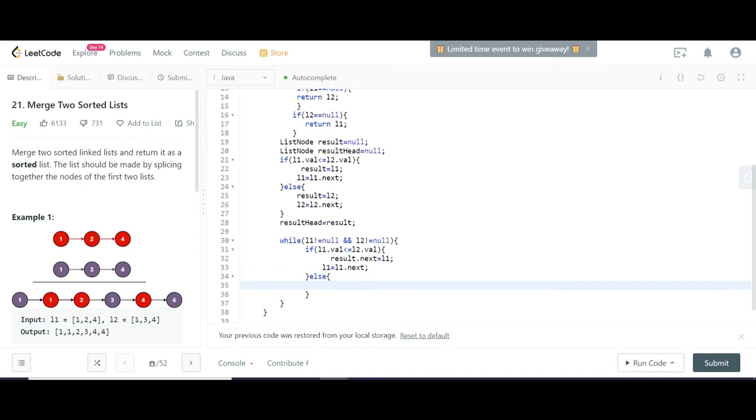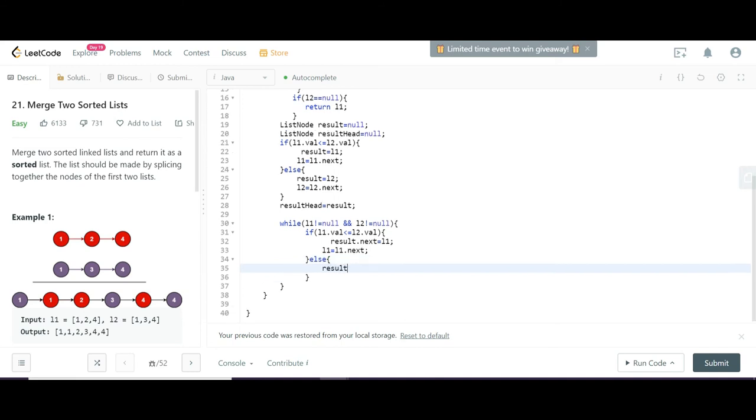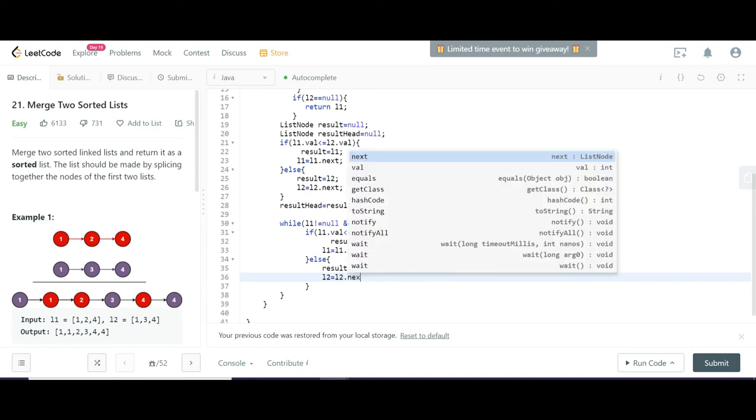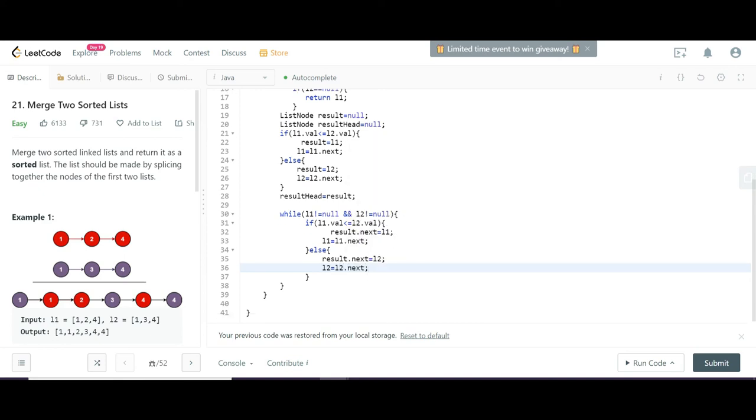Same thing for L2 also. In that case we do result dot next equal to L2 and L2 becomes L2 dot next, and inside this we move the result also.